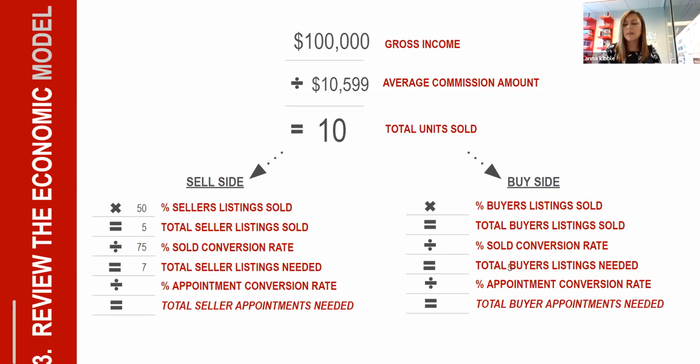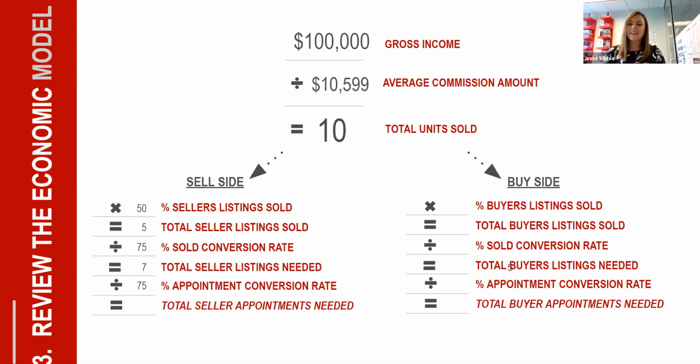7 listings this year, and depending upon the mix inside of who you're going on those listing appointments with, we're going to just assume as a real conservative number that 75% of the time they're going to choose to sell with you. Okay, so if your appointment ratios, if you're going on a lot more referral or sphere of influence appointments, then that number might be higher. If you work on a lot of for sale by owners or anything like that, then your number might be a little bit lower, and so you can kind of factor that in. However, if you don't have a number here, go ahead and use my defaults.